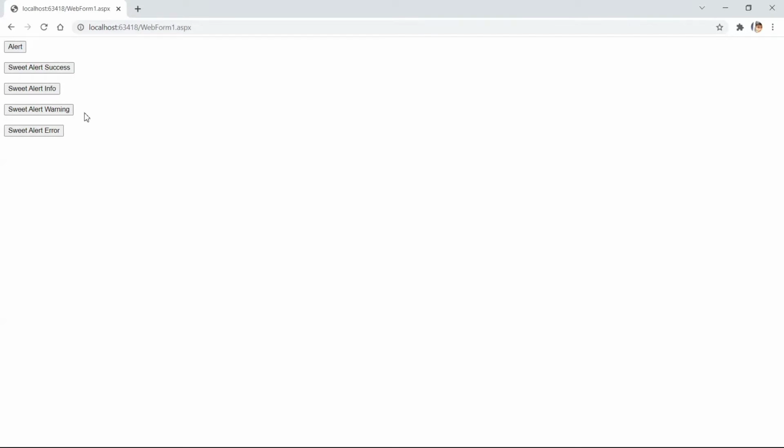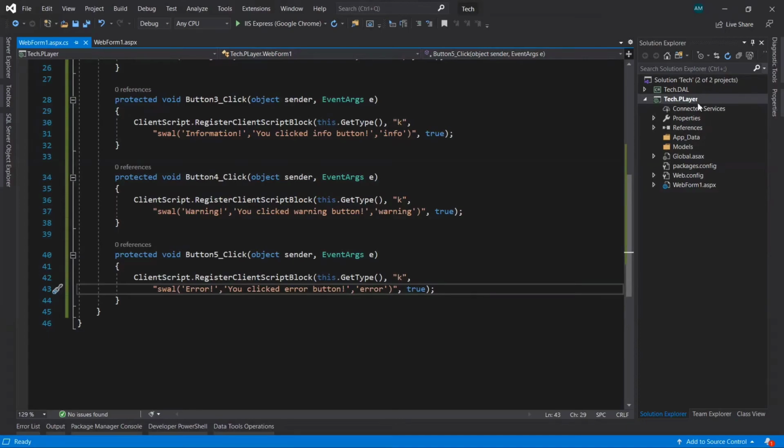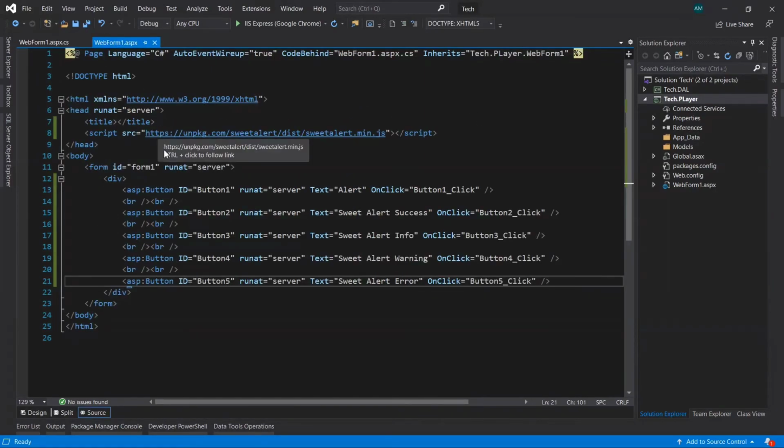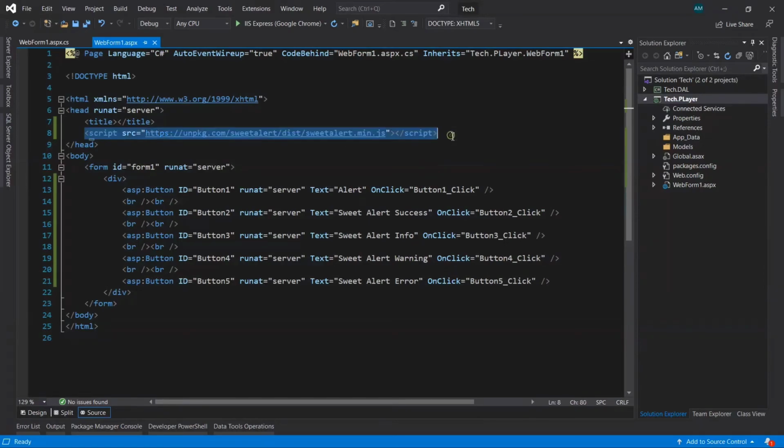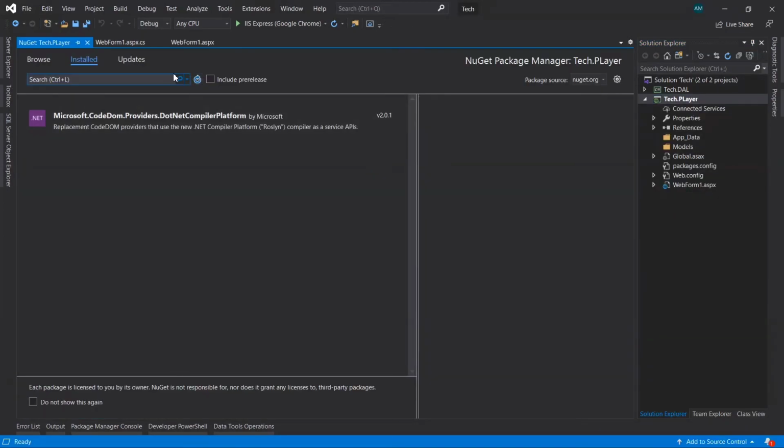So here, the first time we have used the CDN link of the sweet alert. Now we're going to use the download version, so it will be downloaded into our project, and we're going to link that file in our project. Okay, so let's see how we can do that. So first of all, let's comment this part, the CDN link, Ctrl K C, so it will comment it out. Now just right click on your project name, then go to manage NuGet packages, go to browse and search for